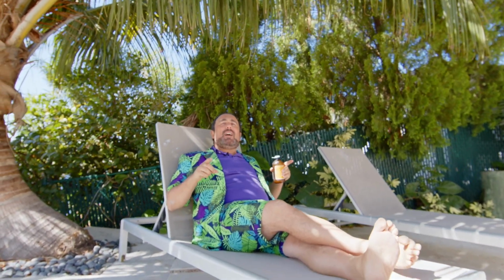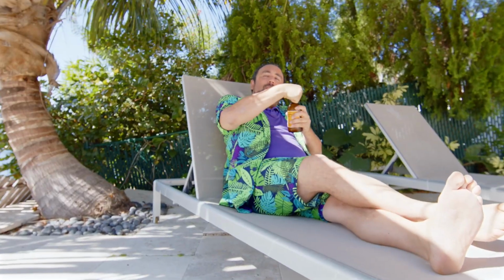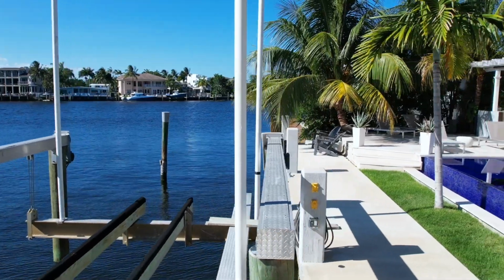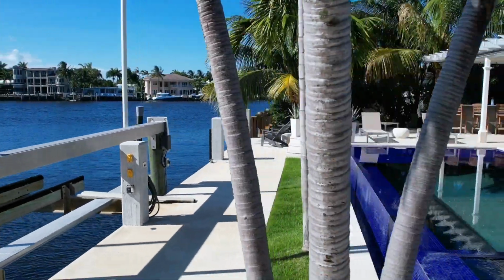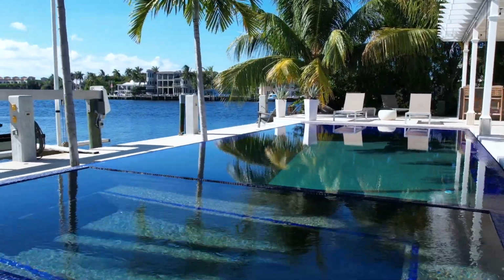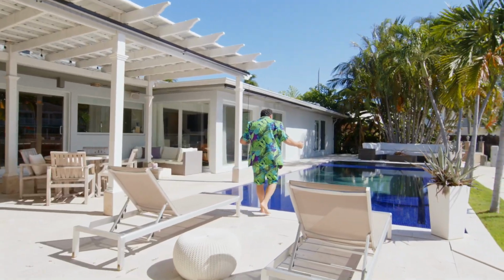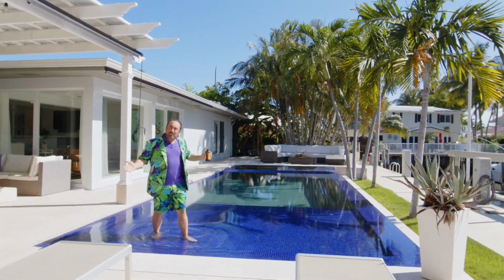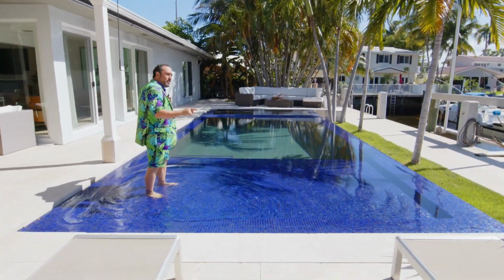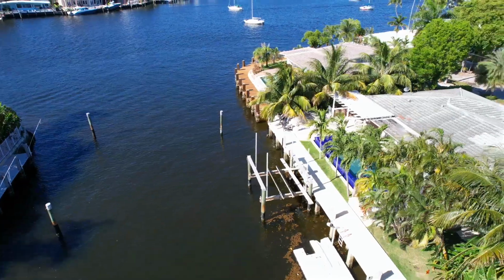Today we are sitting at this beautiful 4-bedroom house in Pompano Beach with 97 feet on the water. It's 5 o'clock somewhere, so we are going to pop a drink. This beautiful estate has 97 feet of waterfront, room for your boat dock, and an infinity edge pool. When you're here, you don't wear shoes because on hot days, we just splash around here before our splash deal of the week. Look at all the seating, lounge chairs,